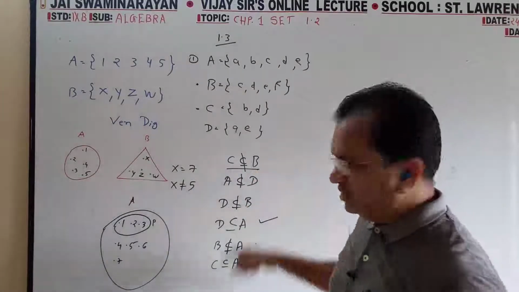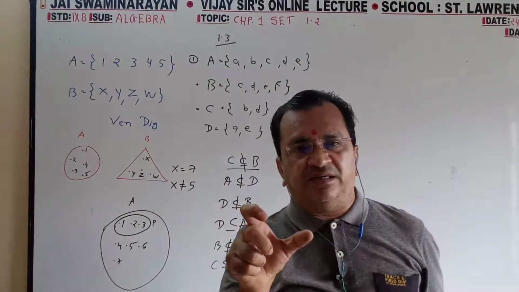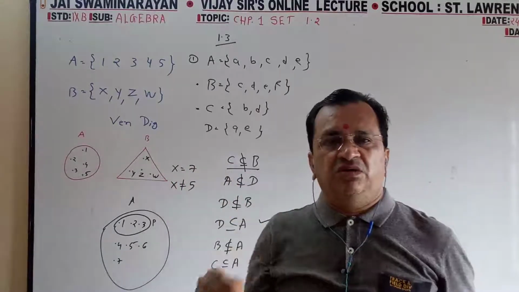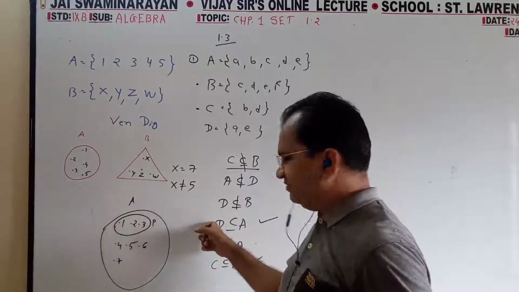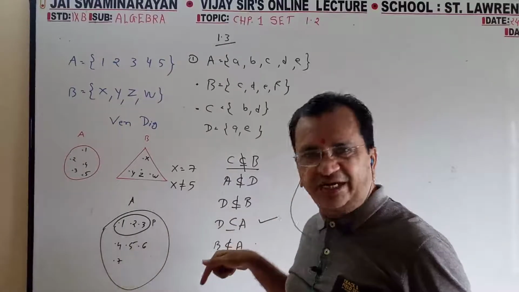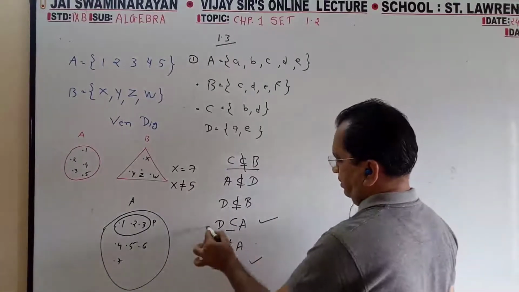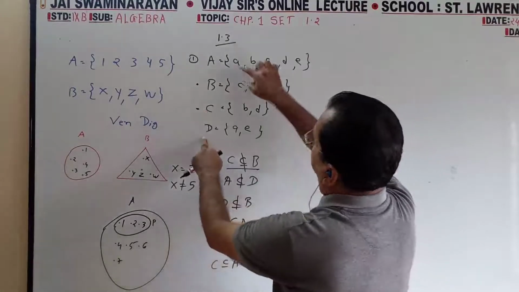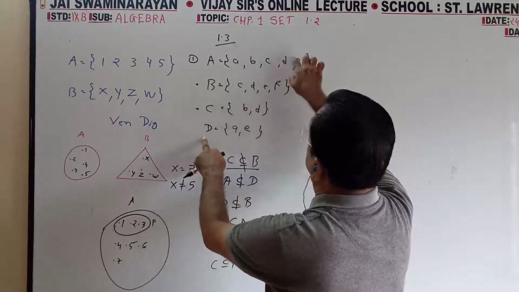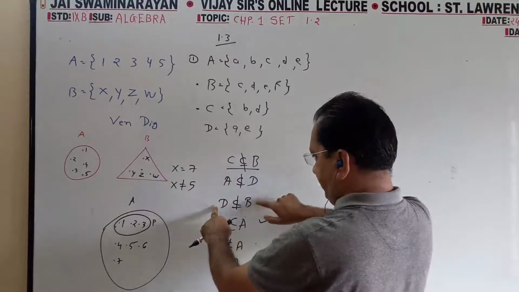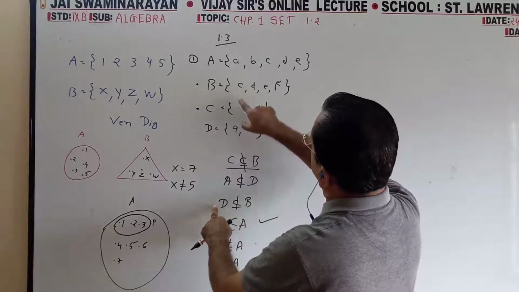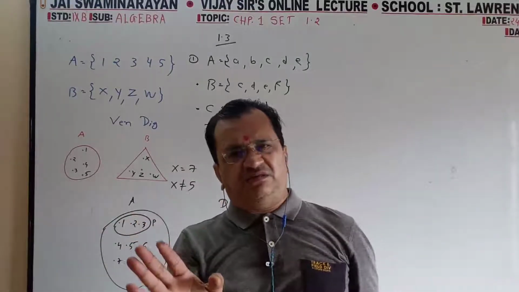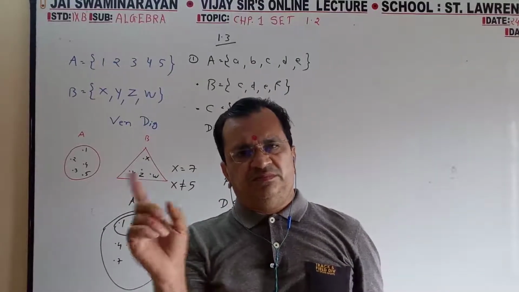Follow? They have given the pairs. Find out whether it is a subset or not: yes, no, yes, no, yes, no. You have to check whether the left side elements are present in the right side. For example, D is present in A: A is present, E is present. So yes. Now D in B: A is not there. Simple. If a single element is not matching, cancel.